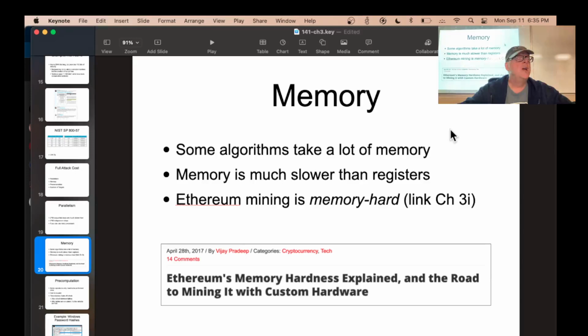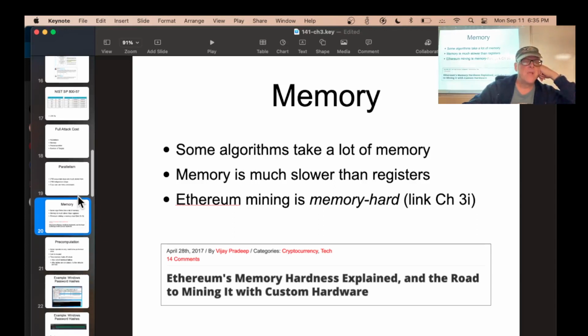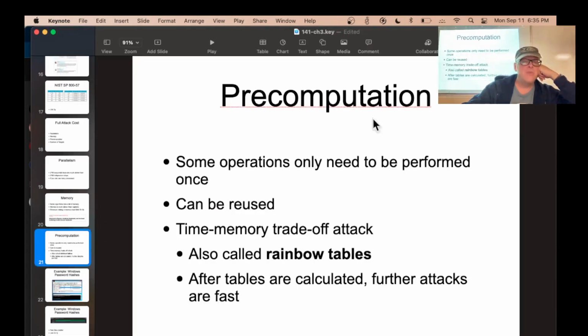Memory is a big issue. Some algorithms use only a lot of CPU, others use a lot of memory. And so Bitcoin used an algorithm that just required a lot of CPU, and that turned out to not lead to geographic decentralization. It turned out that there are just a few processors in China and now in Texas run the whole system. So to fix that in Ethereum, they made it memory hard, where Ethereum requires a lot of RAM to do the calculation, and therefore it's hard to centralize. That was the plan. Anyway, then there's pre-computation.